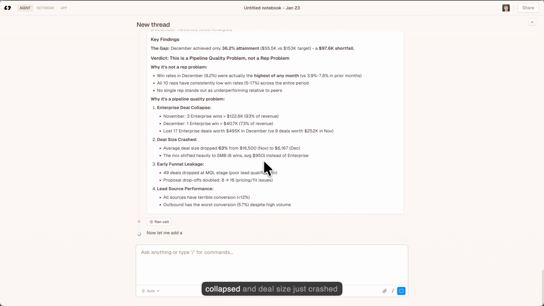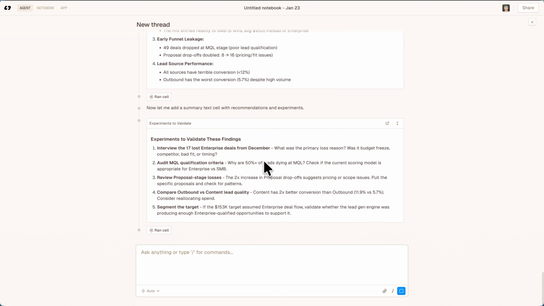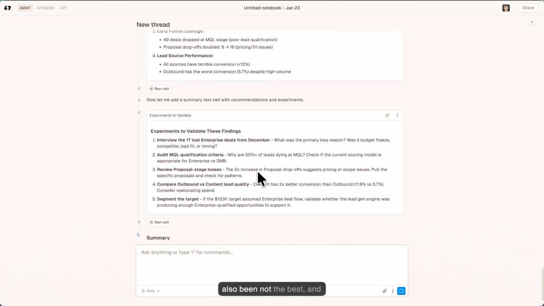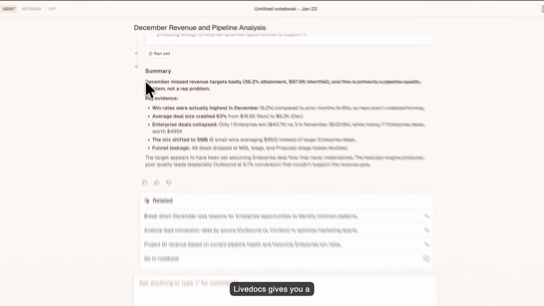There was an enterprise deal collapse and deal size just crashed around December. There was also some leakage in the funnel early on where MQLs failed to convert, and there was a drop-off at the proposal stage, which doubled. The lead source performance has also been not the best, and outbound was especially bad given the high volume of outbound done. This is a holistic picture that answers our question, and then Livedocs gives you a comprehensive summary towards the end